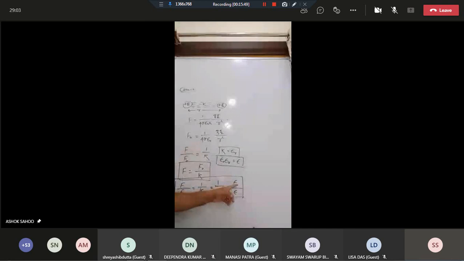The permittivity of free space divided by the permittivity of medium. Here the name permittivity is given: the capacity of a medium to allow the electric lines of force. The name permittivity is given because it permits the electric lines of force from positive charge to negative charge. Okay, that's why it is called permittivity. Here both positive charges repel, no problem. Lines of force pass through the medium; the medium has the ability to allow the lines of force. Correct. So this is the basic thing when dielectrics are considered.